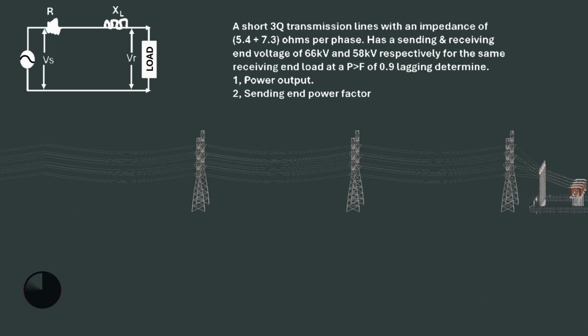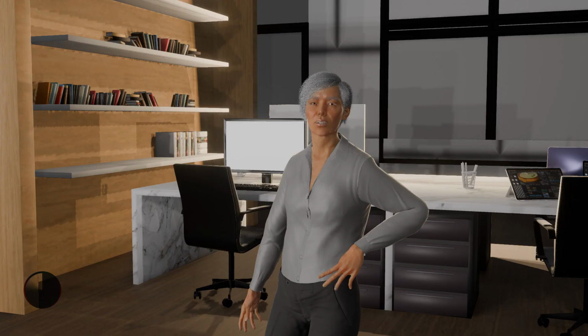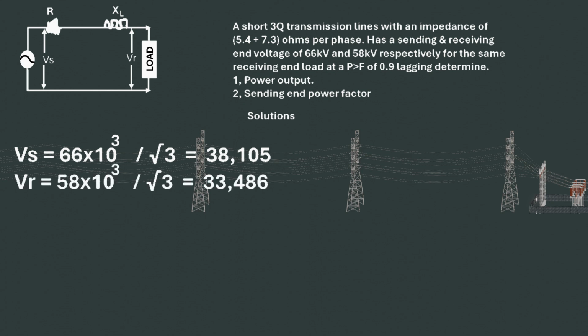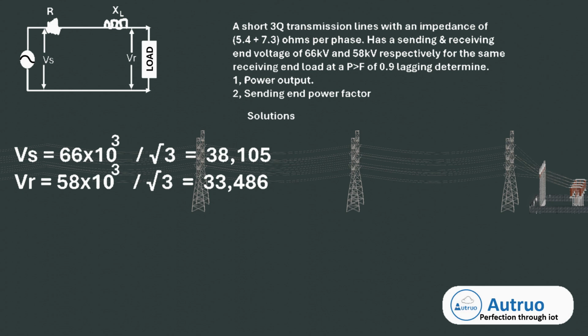Now, let's determine the power output and the sending end power factor. Those parameters are line values, so there is a need to convert them to phase voltage. For the sending end voltage, 66 kV divided by √3 equals 38,105 volts, while for the receiving end voltage, 58 kV divided by √3 equals